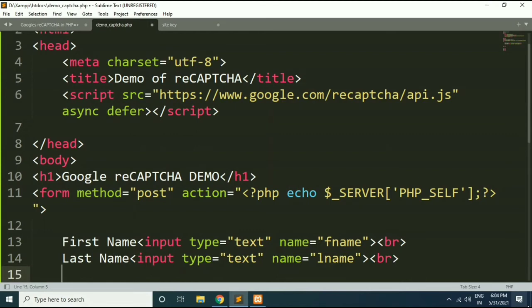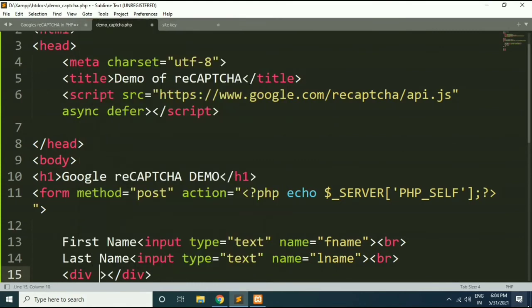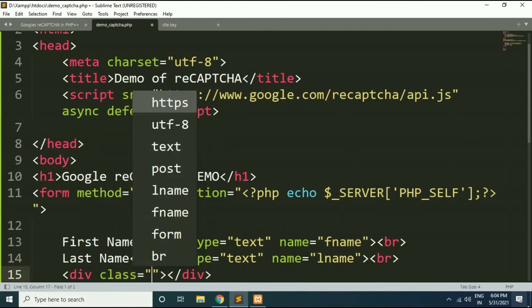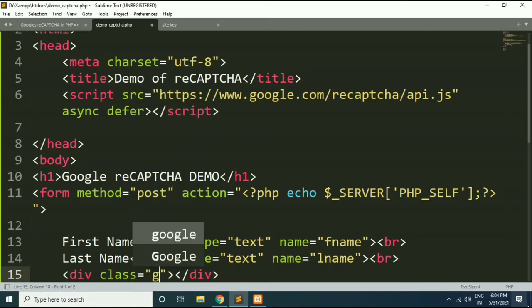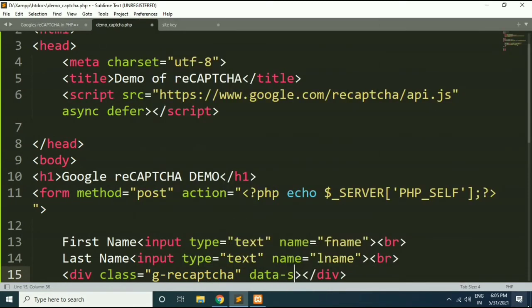Okay, and now here we will try to add the Google's reCAPTCHA widget. How to add it? So I will write the div tag first of all, and we need to specify one class here. The name of the class is g-recaptcha. This is the name of the class, and here we need to provide one more attribute called data-sitekey.